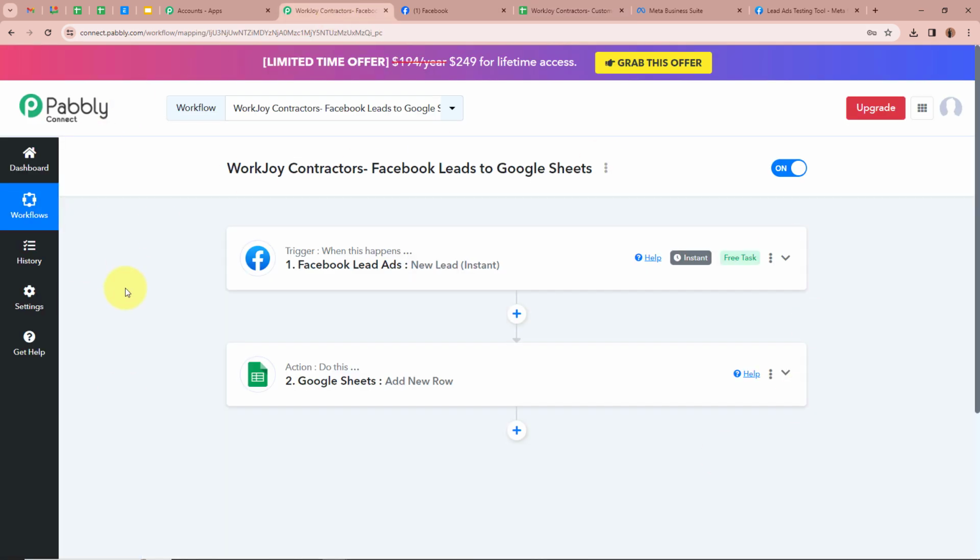So now to sum up what we have done till now, I am a business owner of a construction company, that is Workjoy Contractors, and I'm promoting my business with the help of Facebook lead ads. And what I wanted was that every time a new lead is generated with the help of Facebook lead ads, automatically all the data of that lead should be transferred into my Google Sheets and a new row should be added. For that, we have created an automation between Facebook lead ads and Google Sheets with the help of Pabbly